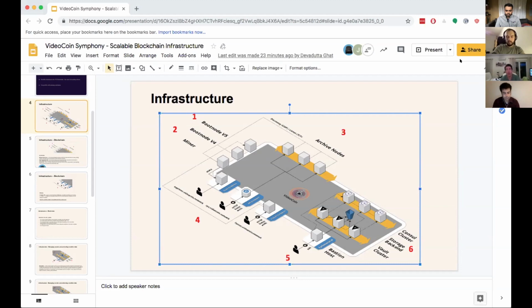Mainly architecture-wise, our network is composed of a set of miners, a set of archive nodes, and boot nodes that allow any node and future clients to connect to the network. Right now, our alpha, you won't be able to connect to our network. Although we have this version available, it's still not open to the public yet. But yeah,